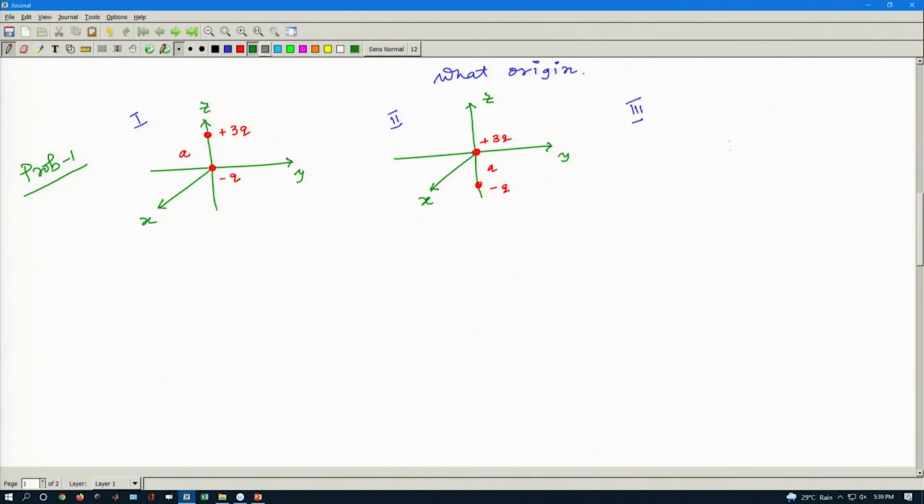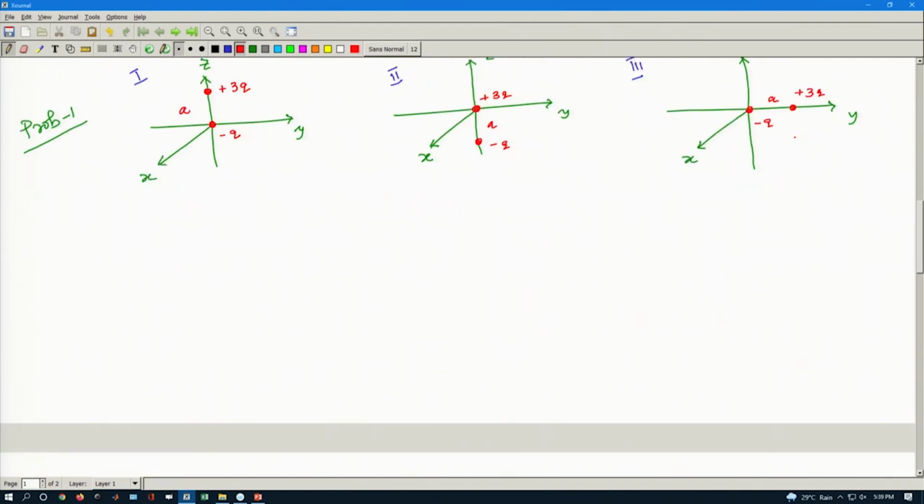And finally, I have another distribution, distribution 3. Let me first draw that coordinate system. This is x, this is y and this is z, and the charges are distributed like this: here one charge and over the x axis I have another charge. This charge is minus q and this is plus 3q. As usual, the distance between these two is a. Okay, so these are the 3 systems that are given to us, and the question is